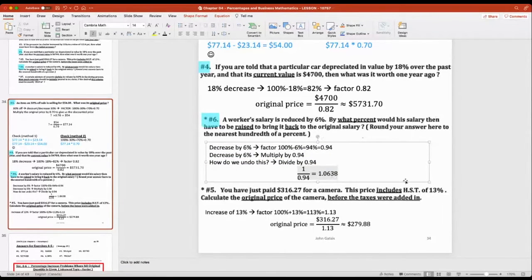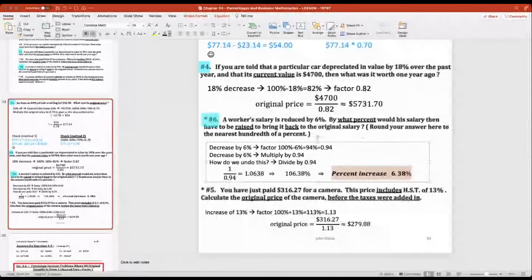And then you know immediately that you could write that as a percentage as 106.38%, which means that the percent increase must have been 6.38%. What I want to talk to you about here specifically is, and this is really important, if you're gonna